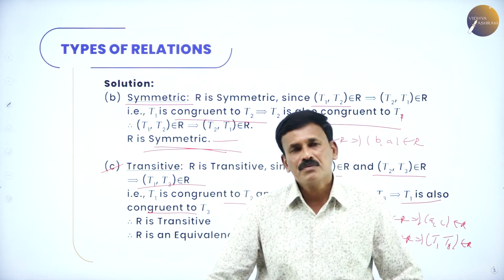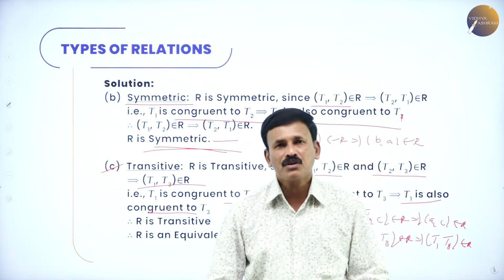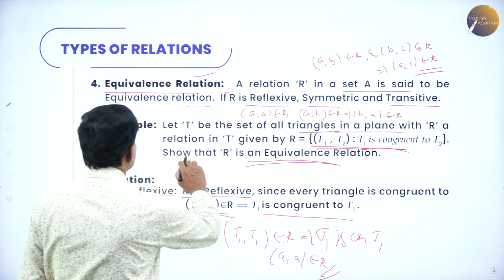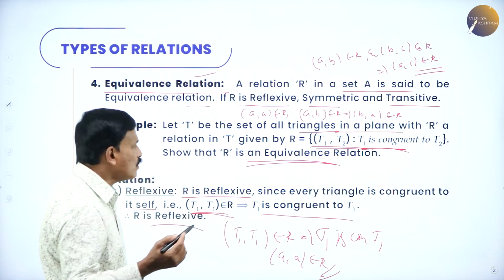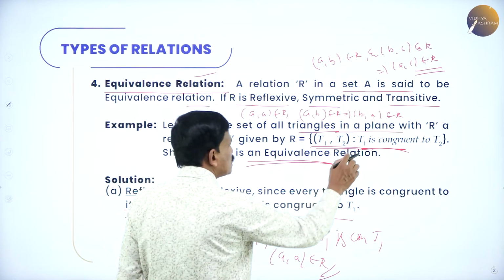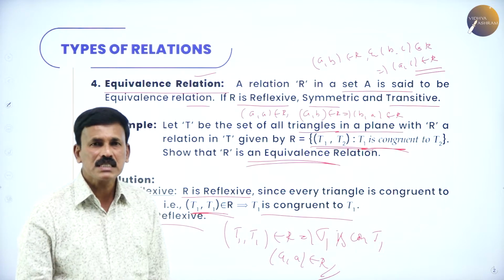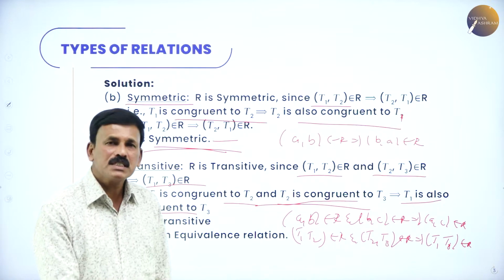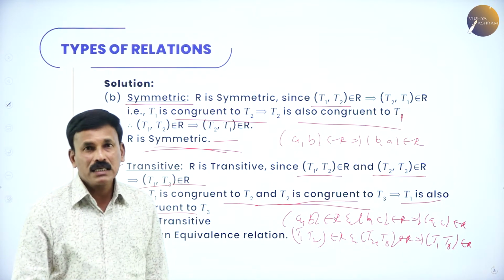Now, an example: the set of all triangles such that they are congruent. That is, let T be the set of all triangles in a plane with a relation R defined by R = {(T1, T2): T1 is congruent to T2}. This is an example for an equivalence relation. Now, this is an equivalence example. Similarly, you can prove it for the set of all triangles and the set of all parallel lines,